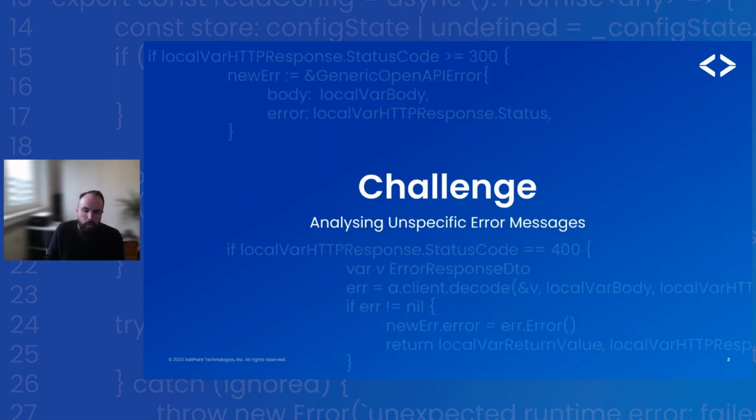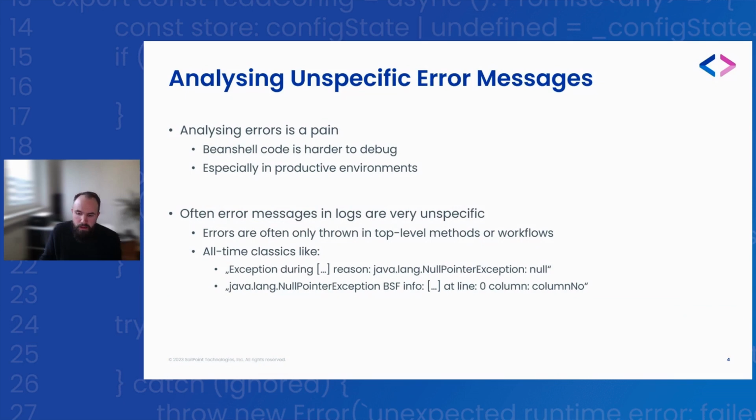Let's start at the beginning with an error that we face. I mean, we all know that SailPoint tends to present us with, let's say, unspecific error messages more often than not. And in general, not only with SailPoint, but with all products, analyzing errors is really a pain. It's difficult to do. Especially when it comes to BeanShell code, which tends to present even less specific error messages than when you implement something in Java,